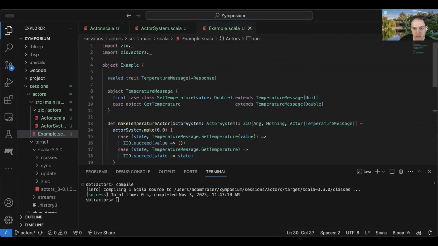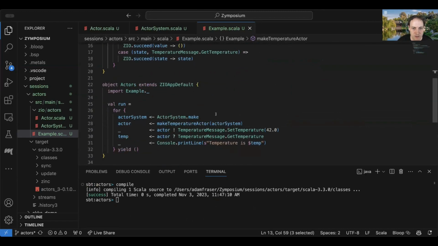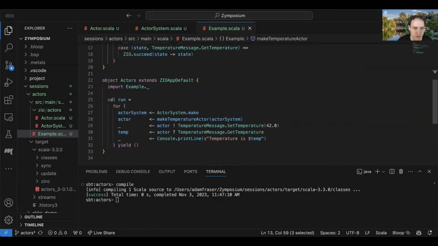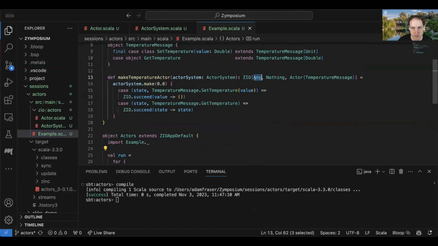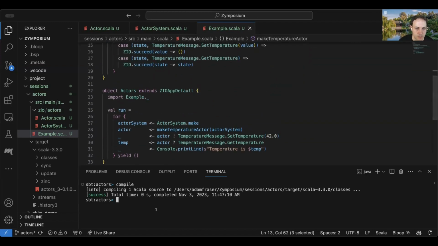But no, that was a good catch, because this is, I guess, one watch out with ZIO sometimes: it won't warn you if you have more things in the environment than you need. So, at least unless your code doesn't compile. Like here, since this was providing a scope, nothing's going to fail to compile if I say I require a scope, even though I don't actually require one. So that's a good watch out there.